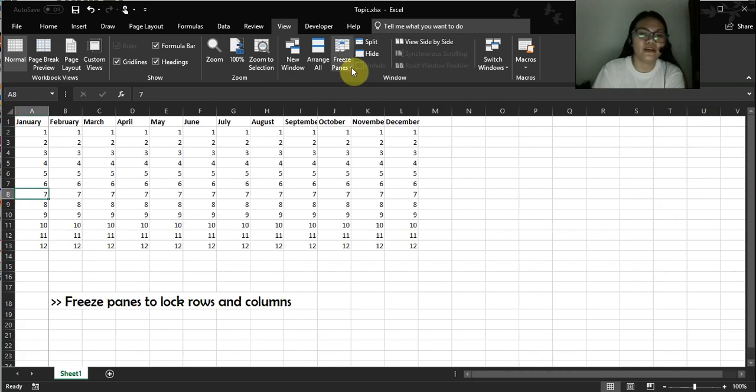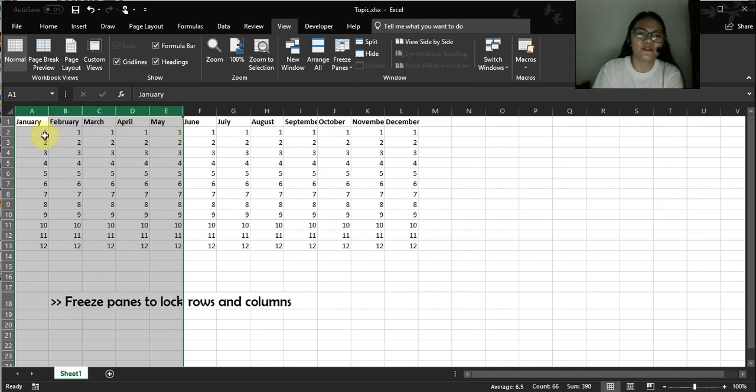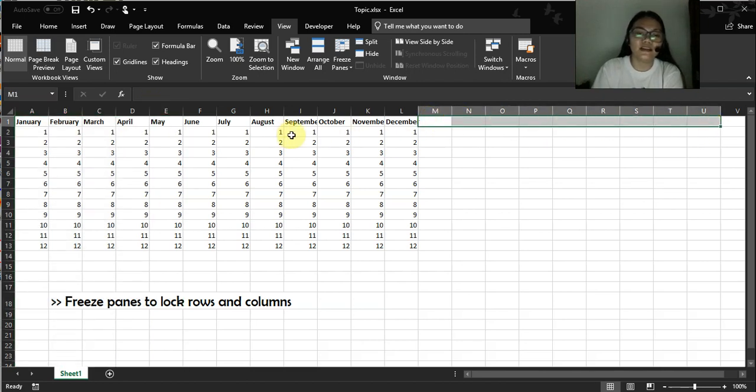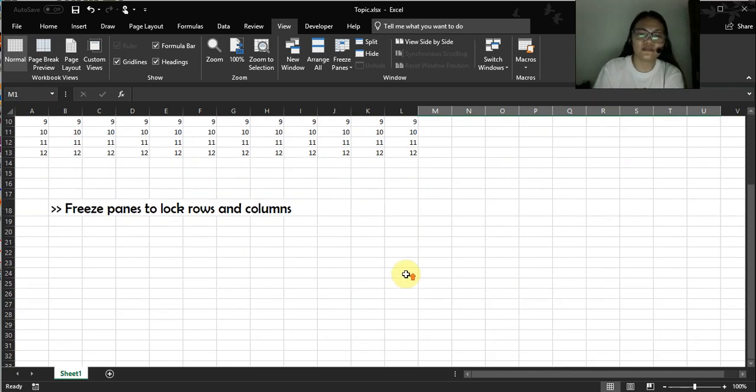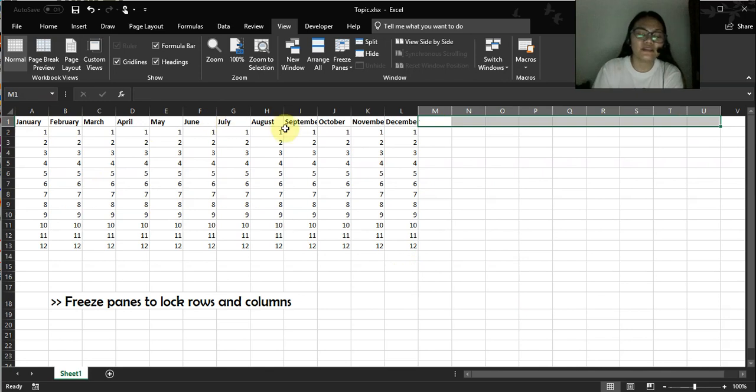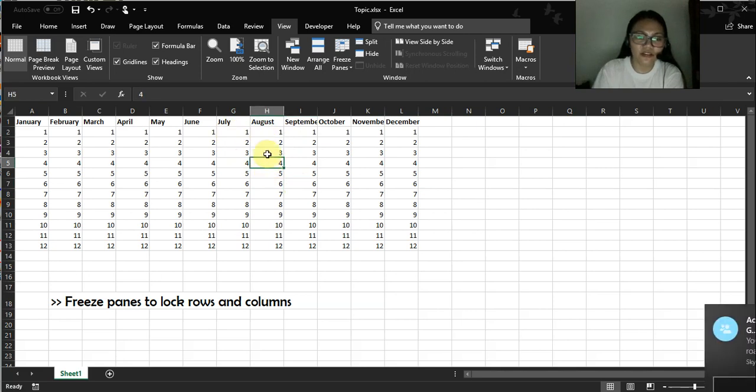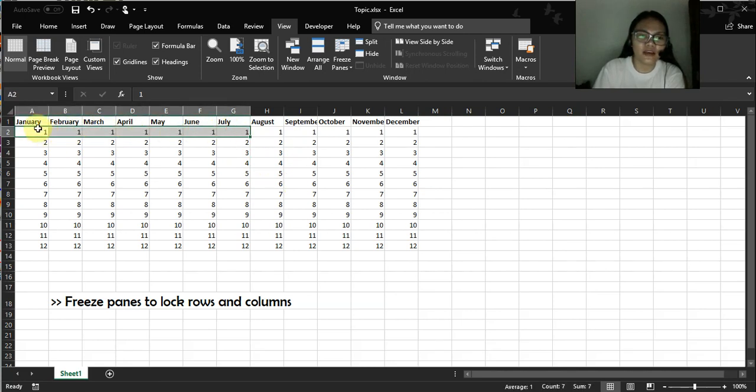Okay. Now, if you want to compare data from January to May of 2018, for example, and then we have a lot of data here from 2019. Now, it's difficult to scroll to the right and scroll downwards without being able to see the labels and the previous data. So what we're going to do, usually we just have to click on a particular cell. So if we want to freeze the top row, and we do not want to hide the data from January to July, because we want to compare it to the next data that we have here. Now say for example it's on column Z, then we can just select